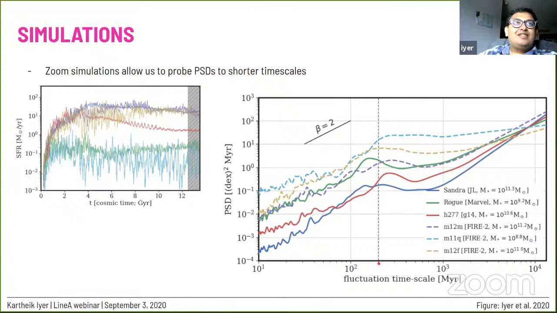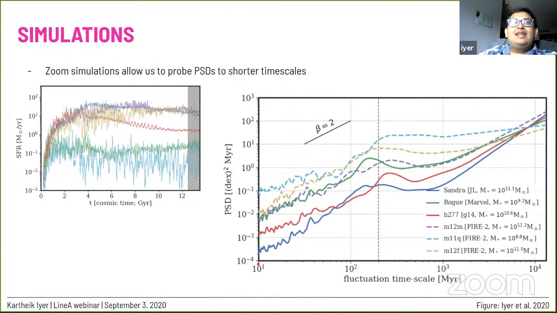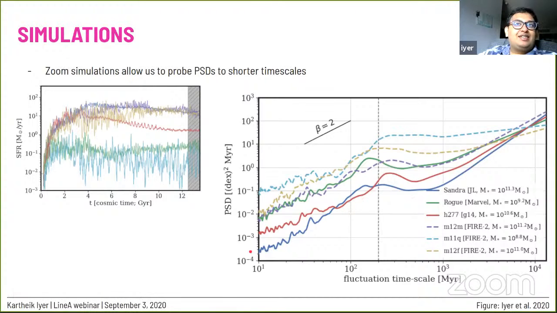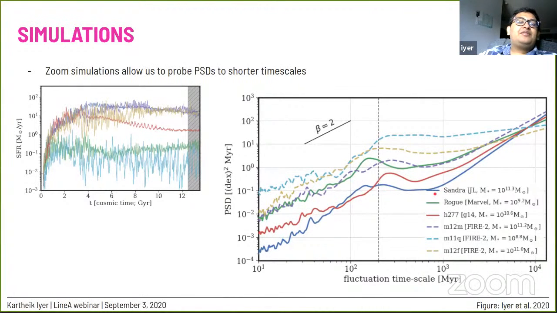But what the increased resolution of the zoom simulations is now allowing us to do is push this down to an order of magnitude shorter timescales, to see if the power spectral densities of galaxies still show the same kind of broken power law behavior at these lower timescales, or whether they do something completely different. And this is really interesting to see because it basically ties the whole thing into one unified framework, where we can describe galaxies by the strength of their fluctuations on different timescales, and analyze the slope and the breaks in the PSD to figure out interesting things about the physics of what's going on in these galaxies.